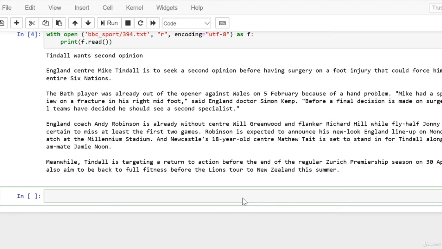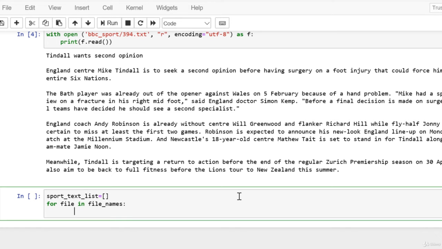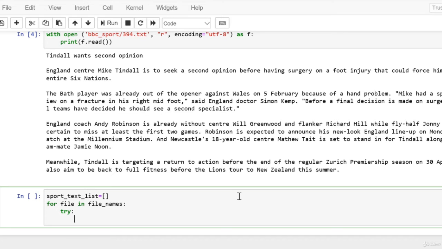Now we'll read all of the TXT files into one single list. So we're going to create a list of texts. sport_text_list equals, and then opening and closing square brackets. Next line, for file in file_names, colon. The next line, try, colon,